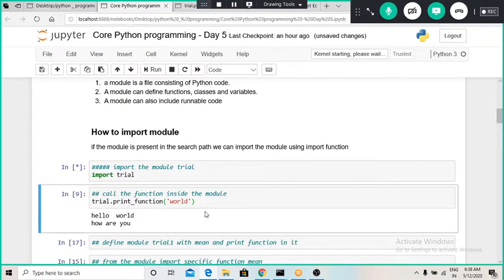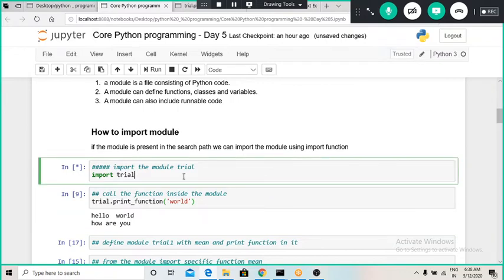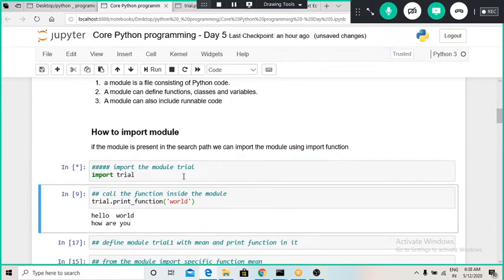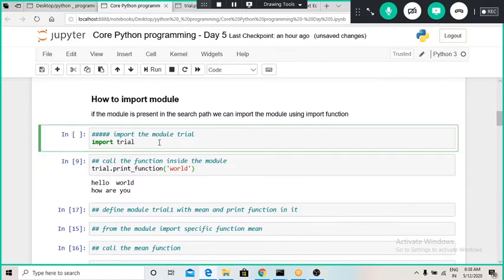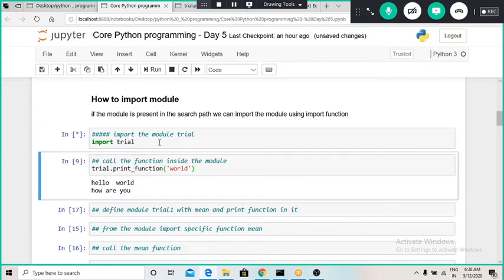Basically, what this will do... my kernel is restarting right now and it is taking time, I don't know why. Okay, I hope it has restarted well.